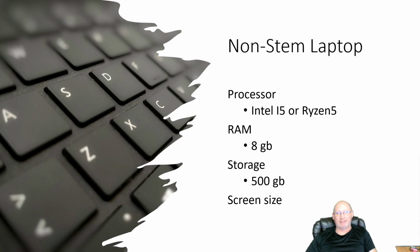Do you need more than that in a non-STEM course? Probably not. 500 gigabytes is probably the most you'll need, and you'll probably have a little bit of extra, but I wouldn't get anything less than 500 gigabytes. And then finally, screen size, 15 inches. I see students all the time running around with 13-inch laptops, and they're like really close. About year 2, year 3, you're going to start to realize that extra laptop screen size comes in handy. And so for a non-STEM